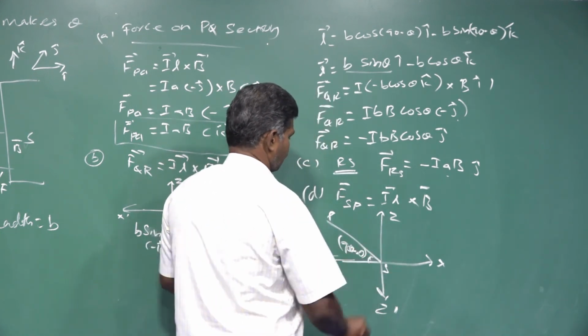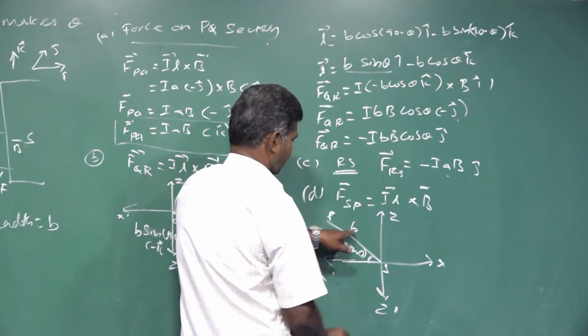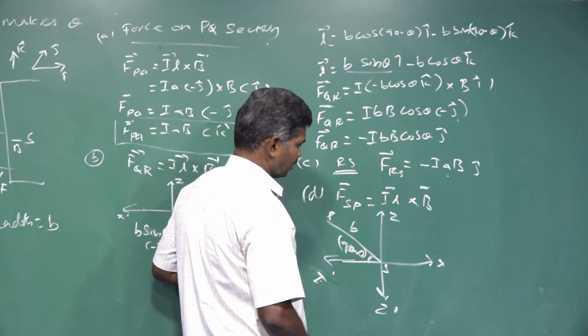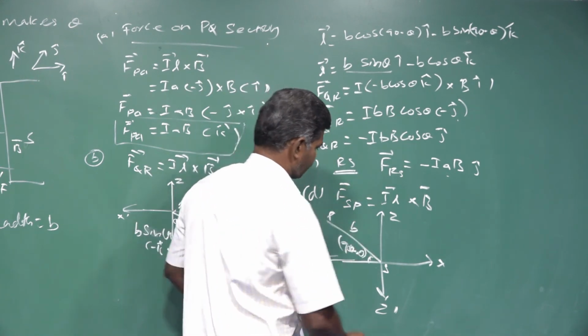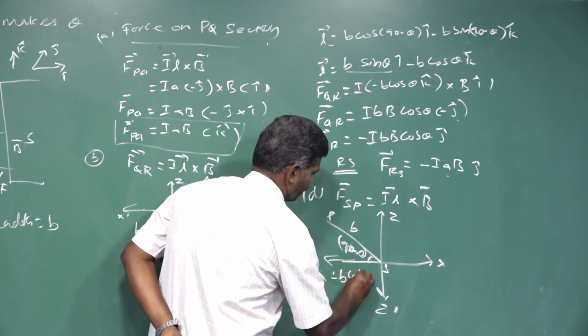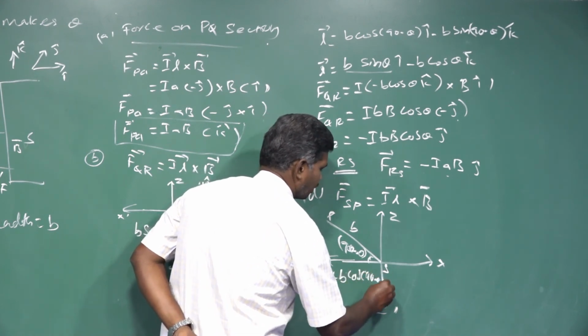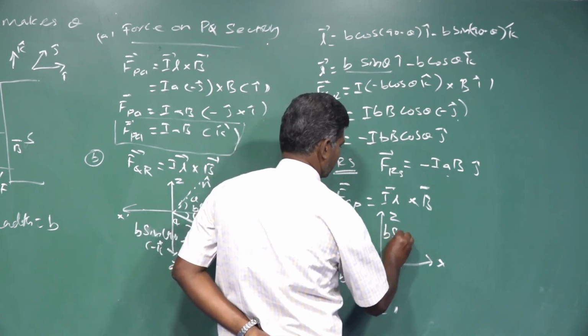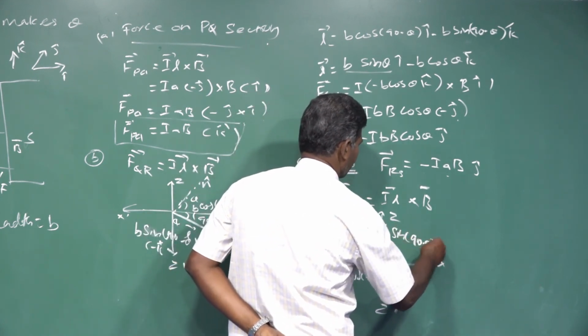Then this breadth side resolves into two components, along the negative x axis and along the positive z axis. Along the negative x axis: minus b cos of (90 minus theta) into i cap, and along z: b sin of (90 minus theta)